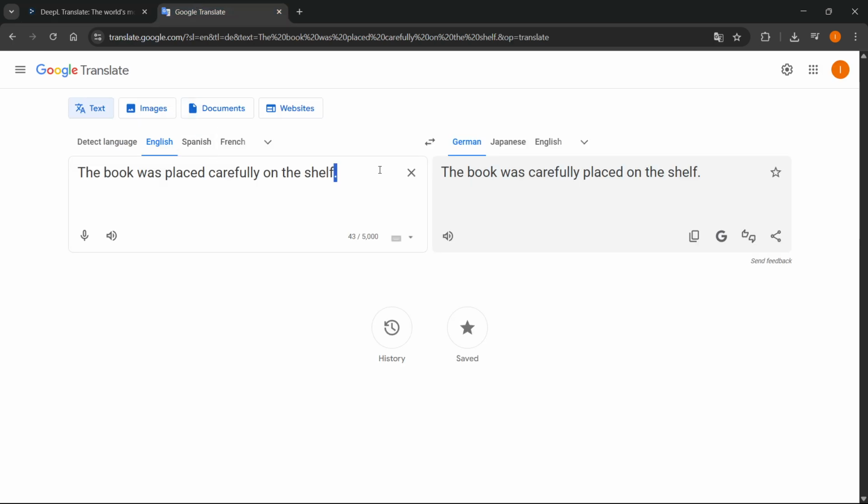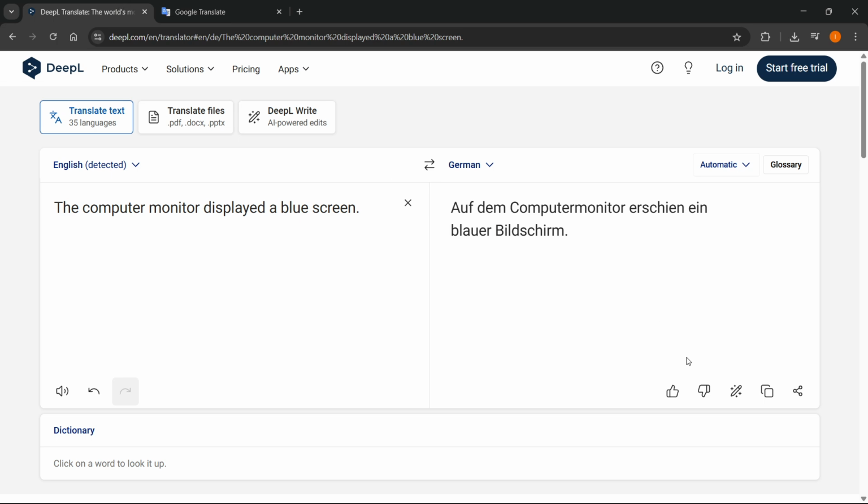Let's see what it sounds like when we play it in Google Translate. So let's just play this now. The computer monitor displayed a blue screen. There we go. It's an AI voice again. Of course, it's going to do the job. It's not the most human-like, but whatever, okay? It does the job. So over here you can also listen to the translation,